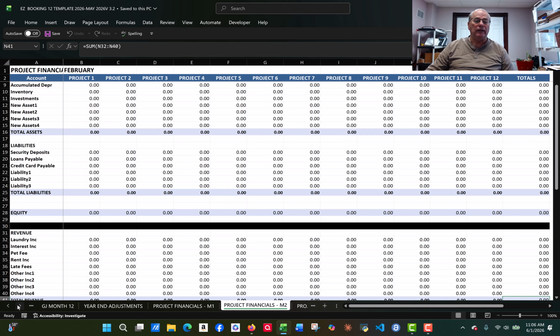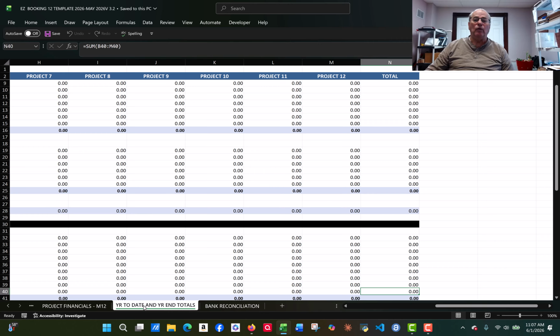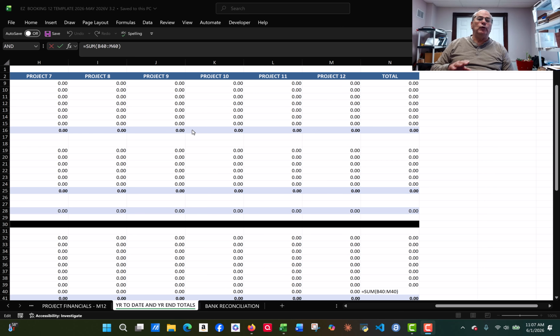Okay, when we get down to the end, let me go down here. There is a year-to-date and year-end totals that will give you by project your totals for the year, and then an overall total for all combined projects. So it really could come in handy. And again, this is up to 12 projects, and if you don't need them, I may give you this system with all of these